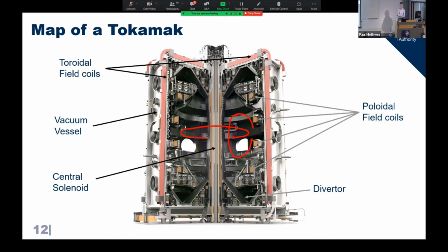The device that wraps around all this, we call a tokamak. It's a Russian acronym, basically, for a magnetic confinement chamber. This is actually a picture of MAST Upgrade, Mega Amp Spherical Tokamak Upgrade at Culham, our newer experimental facility. And there's the major components of that. So you have a vacuum vessel,